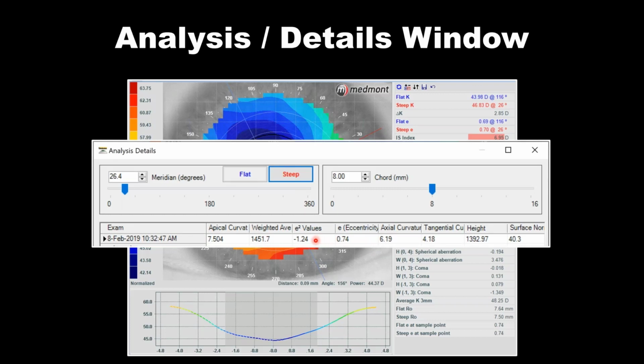When you have an E-squared value greater than negative 0.25, that's indicating a highly oblate surface shape. If your eye is down to maybe negative 0.25 or less, then a regular geometry lens can often work. When it's greater than negative 0.25, then you typically need some kind of reverse geometry corneal GP. So this is an incredibly high oblate shape,